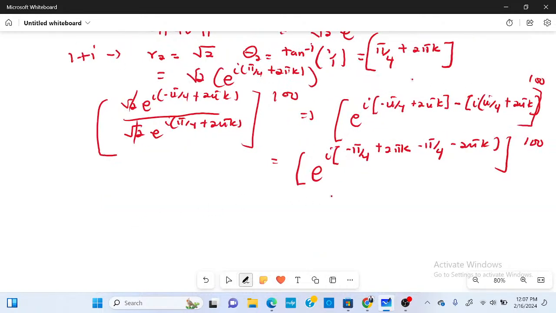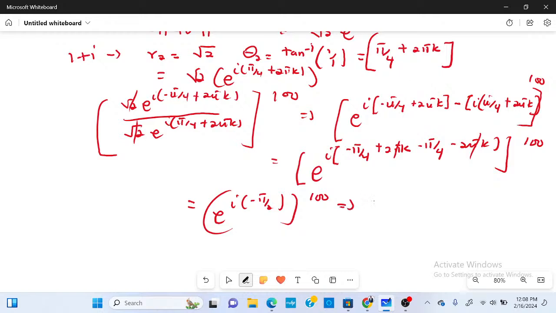So at this point this will cancel this, and this gives me negative pi on 2 because I have negative 2 pi on 4. So this is simply equal to e to the power I negative pi on 2 all to the power of 100,